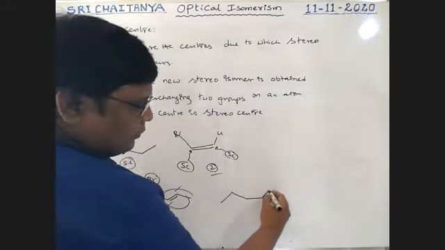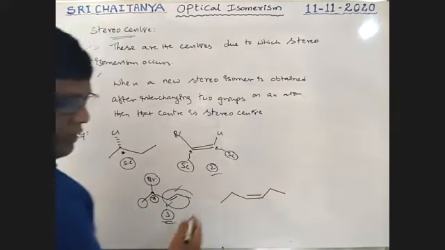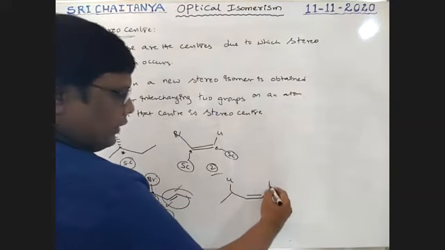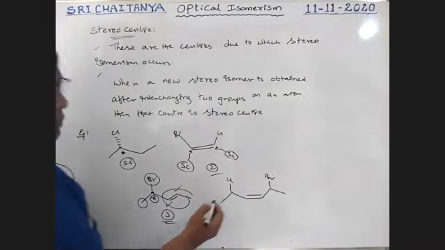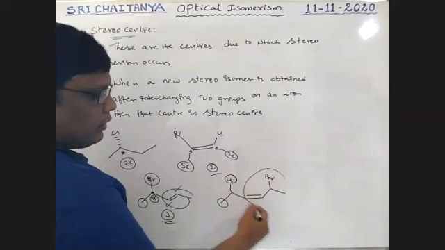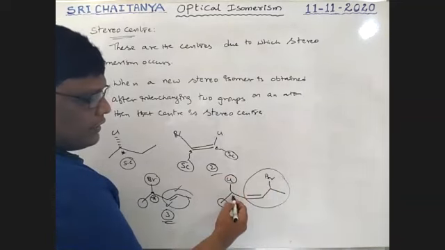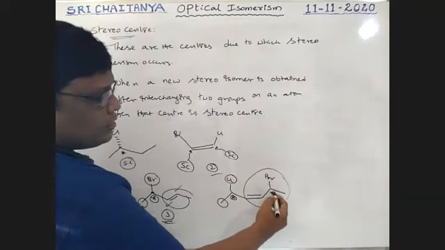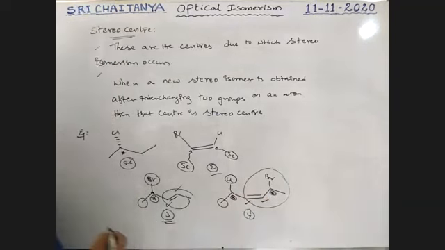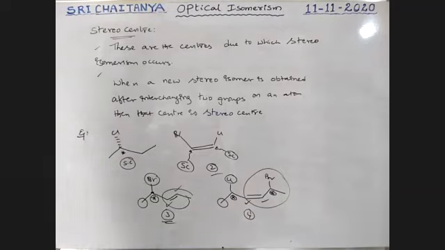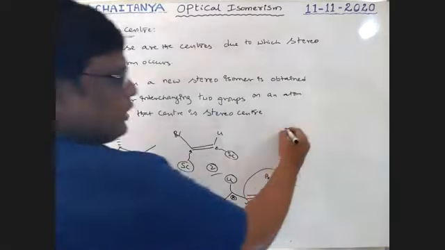Now, what about this? This is a double bond. It is chlorine, it is bromine. Now tell me, boys, how many stereocenters are there? So the methyl group, chlorine, all these, and one more hydrogen. This is a stereocenter, this is also a stereocenter, this is a stereocenter, this is a stereocenter. A total of 4 stereocenters are available.